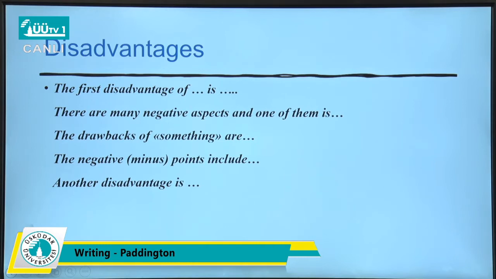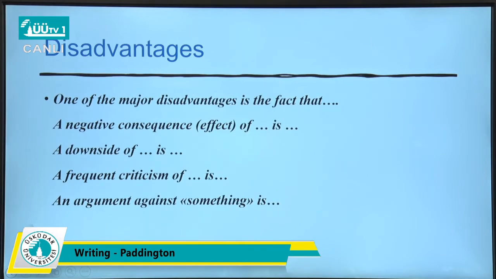The first one, for example, the first disadvantage of online lesson is, it is scheduled according to teachers' schedule, for example. There are many negative aspects, and one of them is also your idea here. Next one is the drawbacks of something are, and you have several disadvantages. You can also use this expression. The negative or minus points include A, B, C. So your idea there. Another disadvantage is, for example,